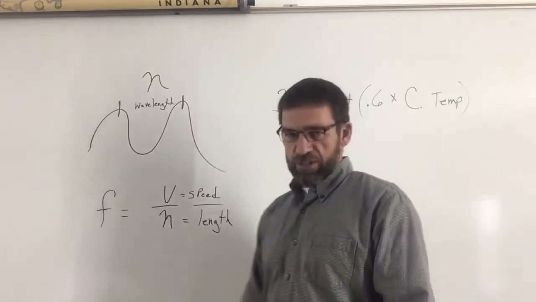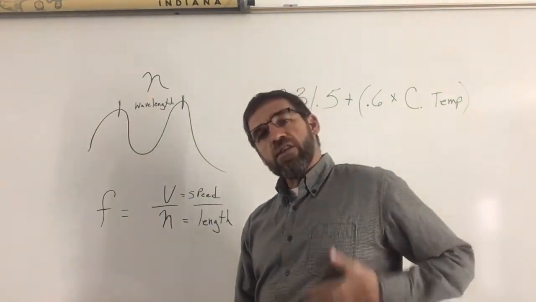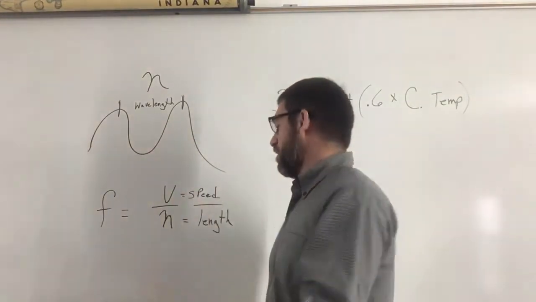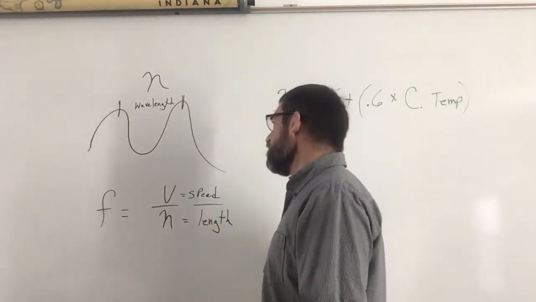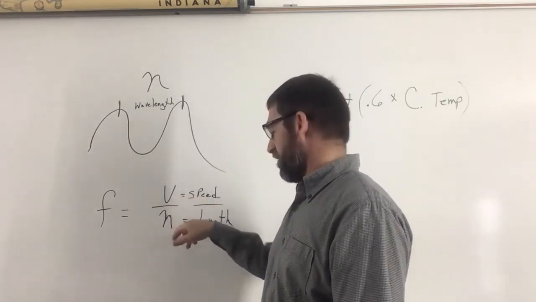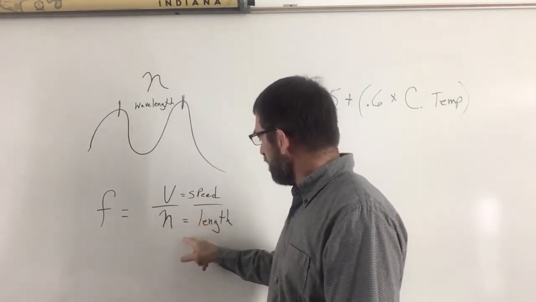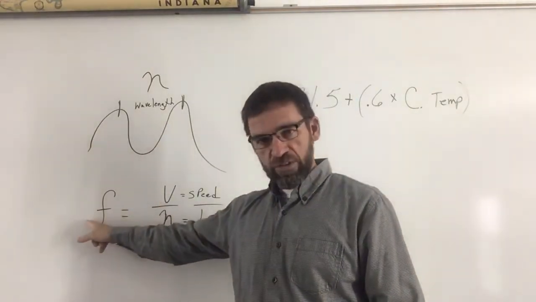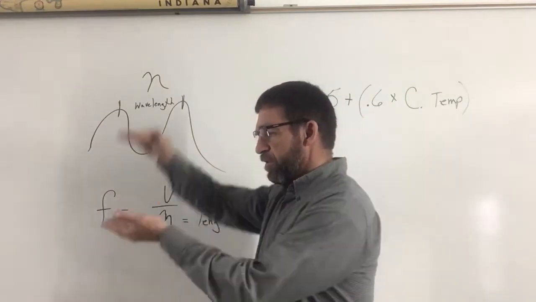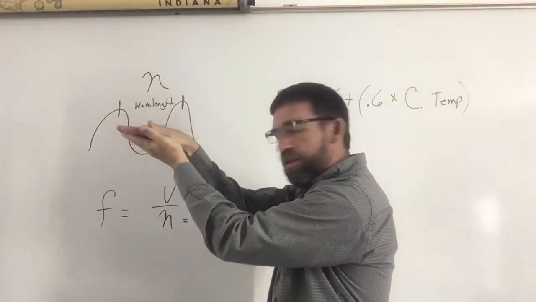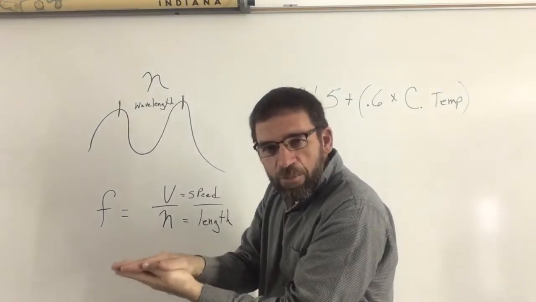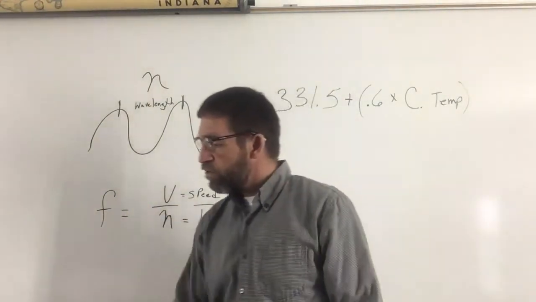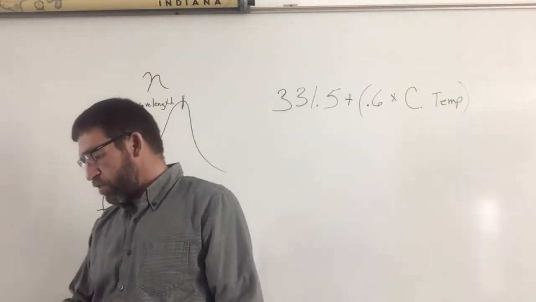So to find a frequency, which I'm imagining that Mr. Lyle talked about a lot. Now, if he didn't, he should have. Frequency has the speed and the length. And so what you need to do is divide the length into the speed to get your frequency. It's important to put the speed on top and the length on the bottom, and divide the bottom into the top, and that will equal frequency. Now it tells you in the lesson you need to be sure that you have it in